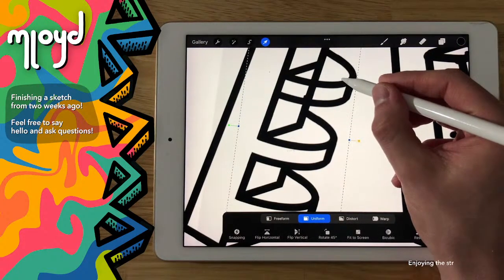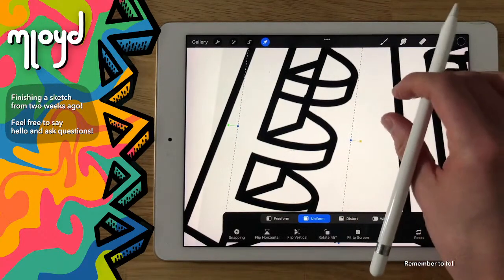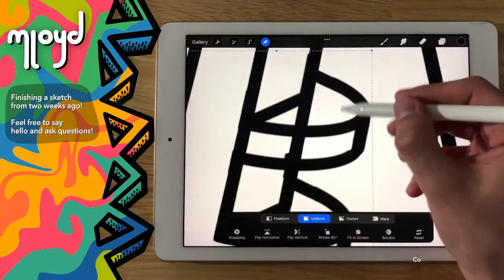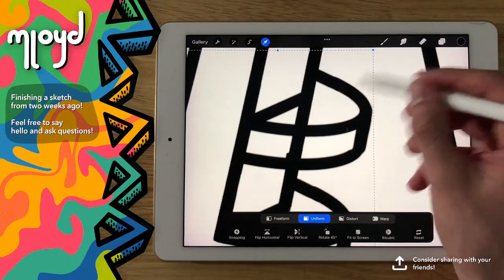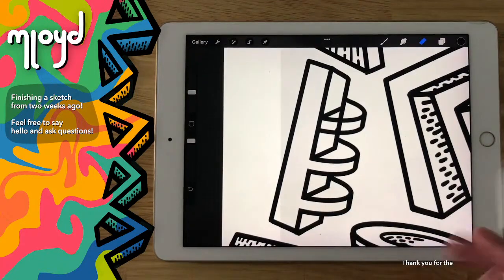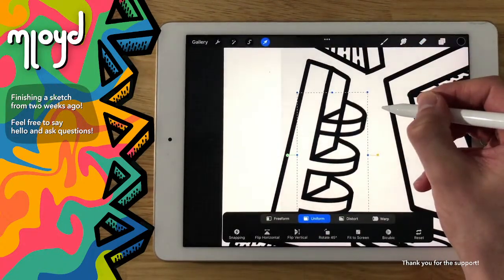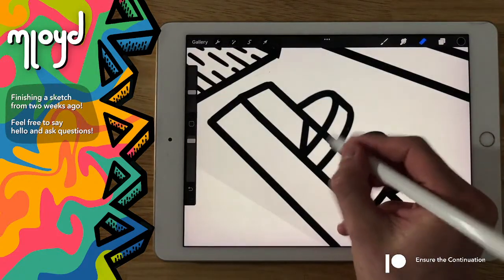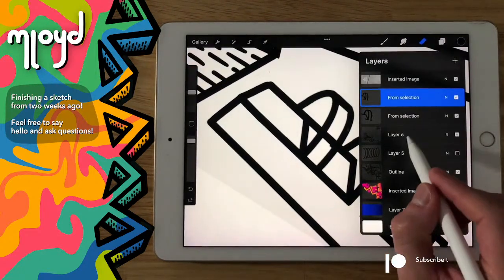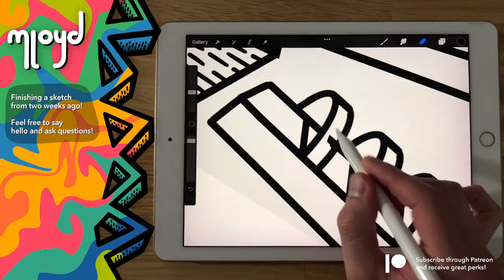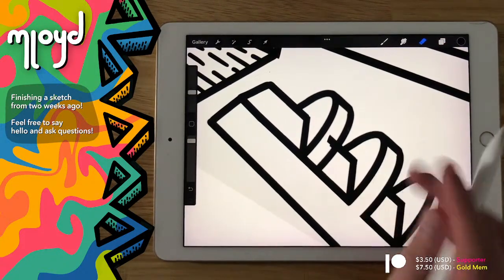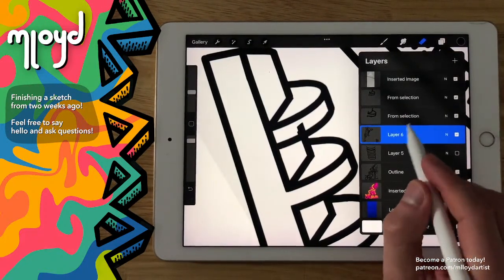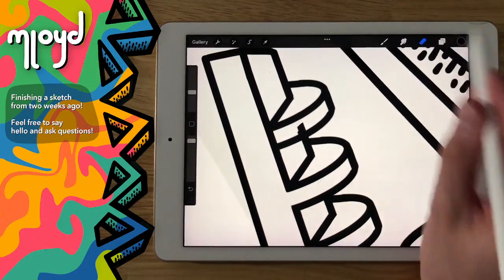Now, I'm careful not to rotate it as well, because when you rotate things in Procreate, it kind of smooths it out a bit. The interpolation stuff makes it all blurry, so you don't want to do that, not too much anyway. You can sometimes get away with it, so it depends on what artwork you're making. But for those who don't know what I'm talking about, interpolation is, God, how do I describe that? Oh, I've done it now. Interpolation is,